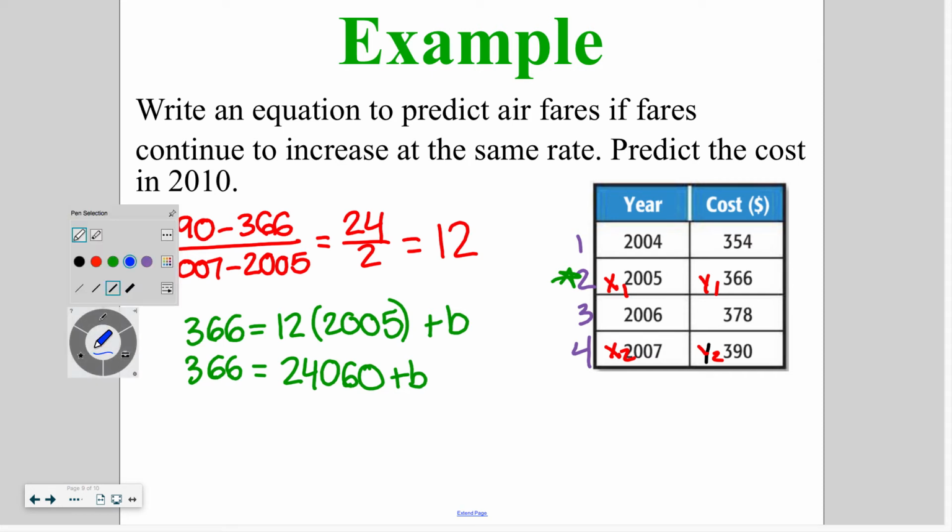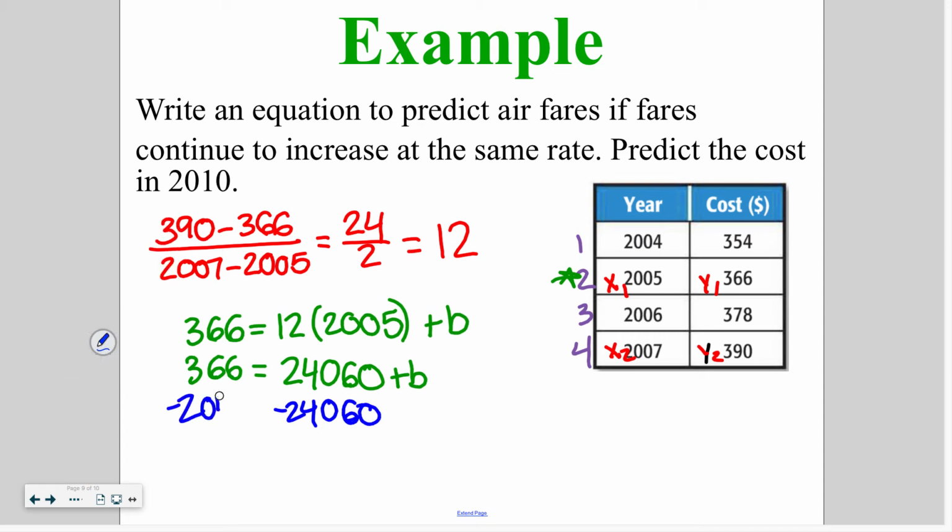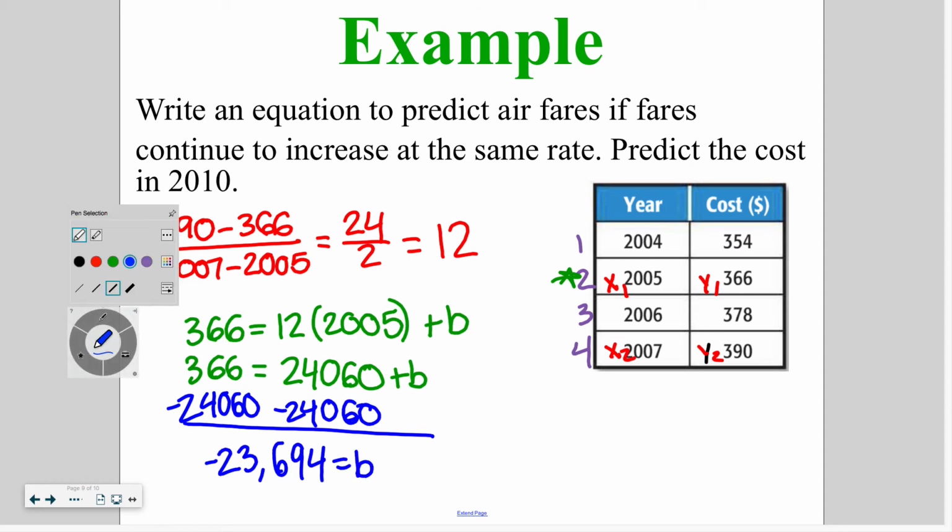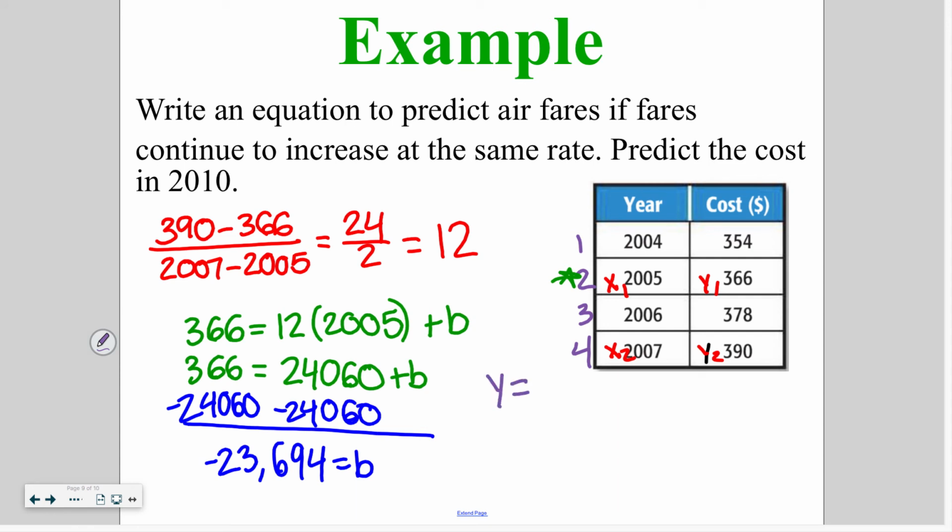When I subtract 24,060, I end up with a b value of negative 23,694. So our final equation ends up being y is equal to 12x minus